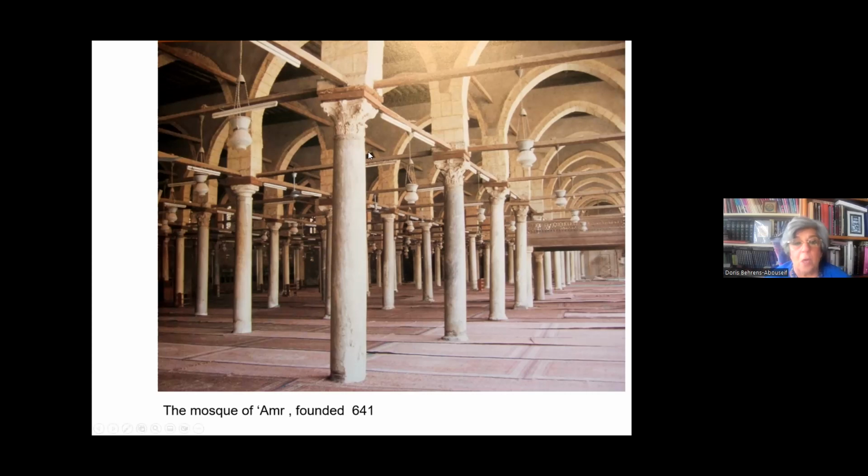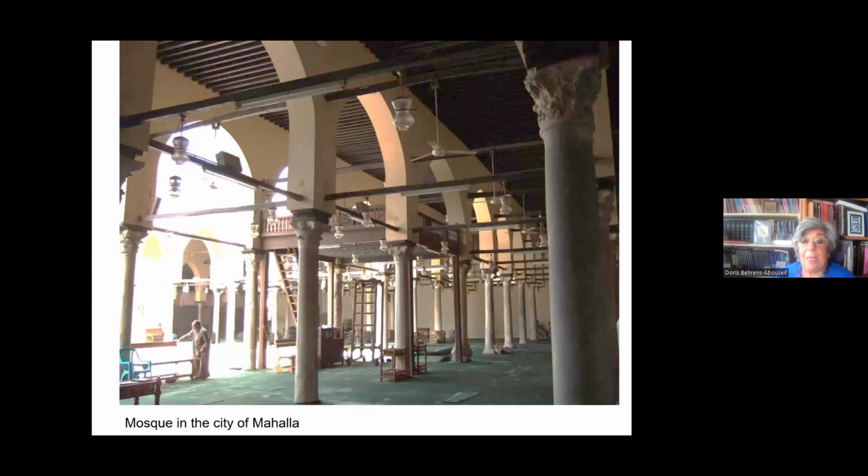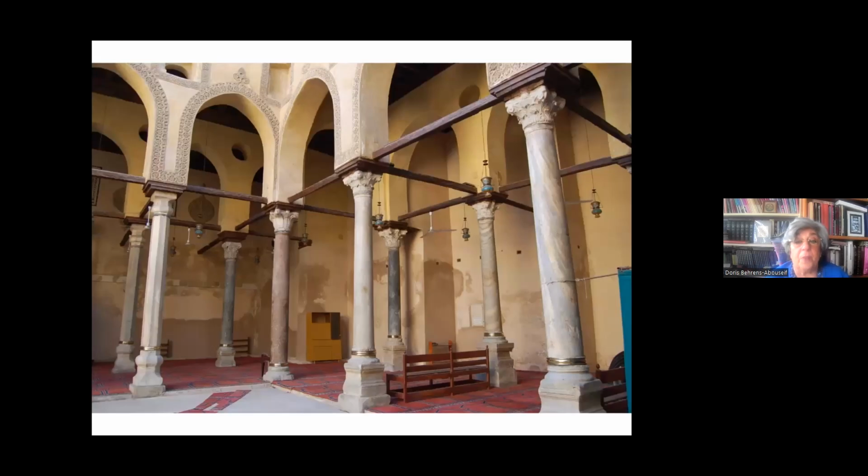And Egypt had a great past where, since the Greek period, such buildings, such columns were produced. Here, a case from the Mosque of Amr, but also the city of Mahalla, and especially in provincial towns today, there are true museums for pre-Islamic classical columns. However, I mention this as a kind of continuity because these columns have been appropriated in the aesthetic of Islamic art.